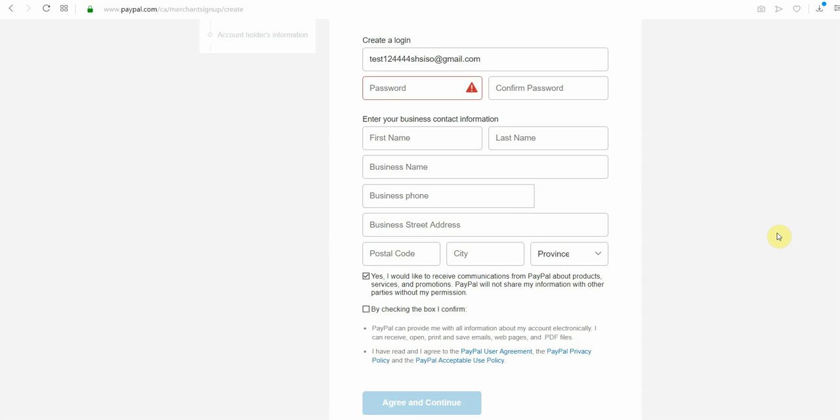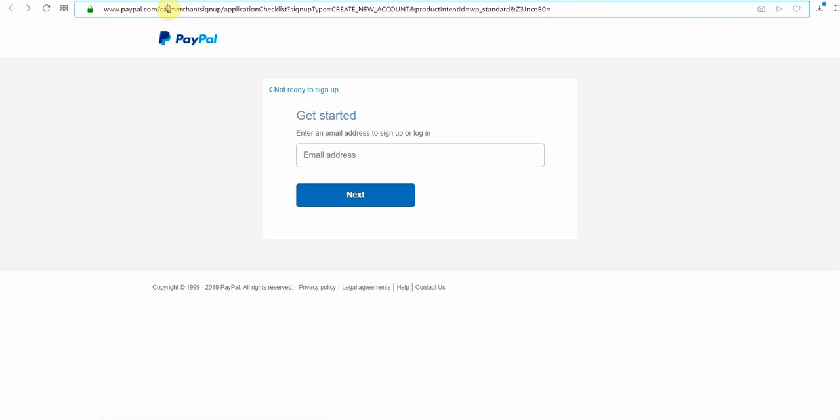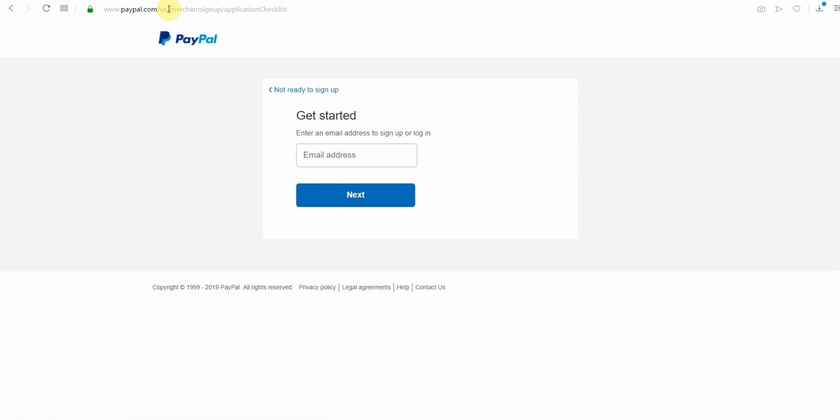So they will be recognizing the PayPal in the United States. And what I ended up doing is I noticed that here's a country, so let's just change it to United States, and that's what you do. And then it doesn't really matter in which section of PayPal you are. You just change this to the US